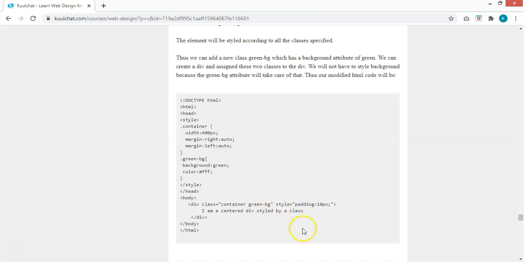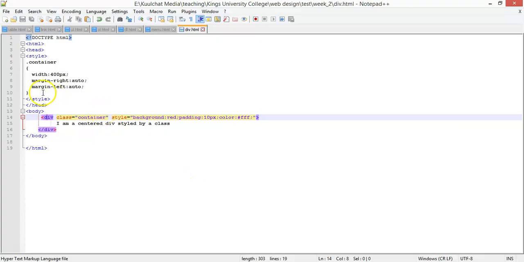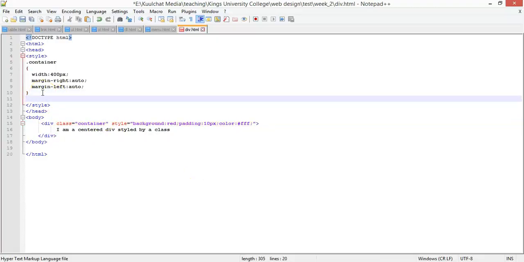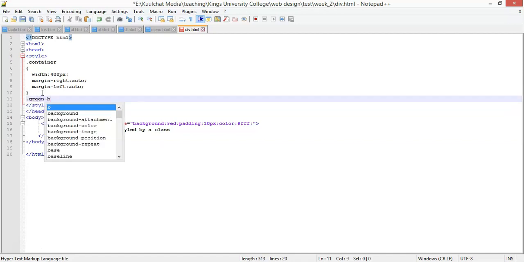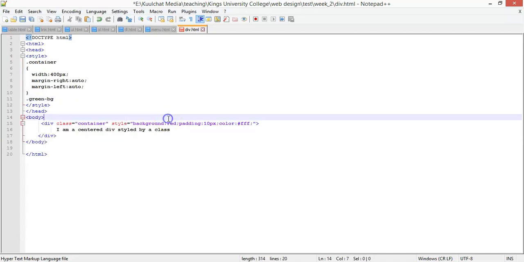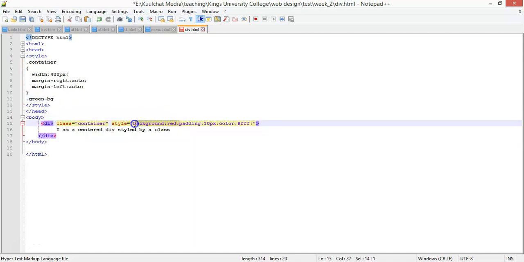Okay, so let's add this one to our code here by creating another background class. Let's use the example in the slide, green region. In the green region, we can just take off this star, which is the background red. So we can call it here green region. Now if I refresh my page,